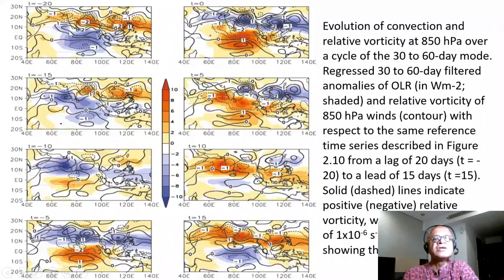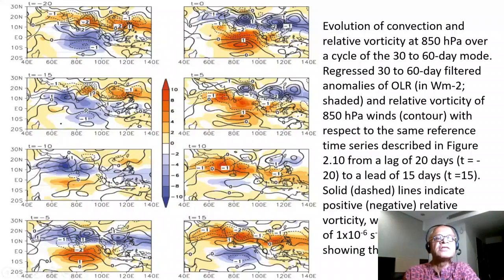So you can see the evolution of the system here. So if you look at the vorticity and winds, you can see the correspondence with the convection, and OLR and vorticity coupling again indicates the convective processes, but